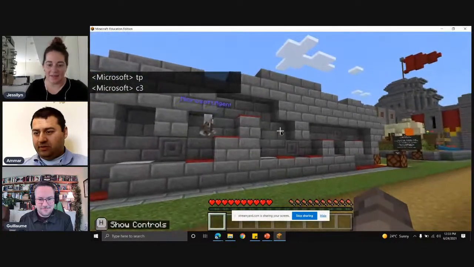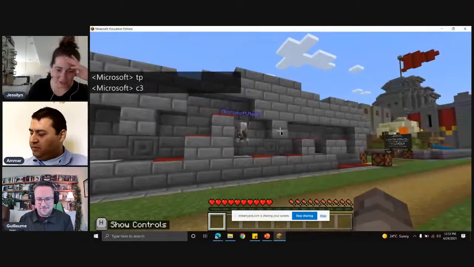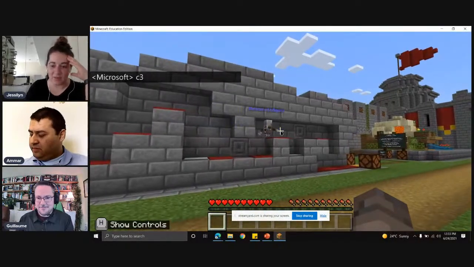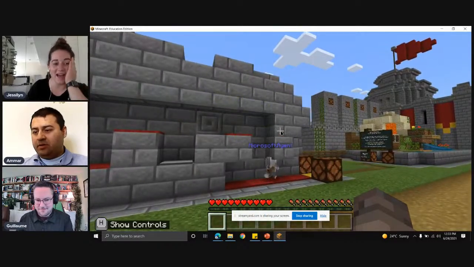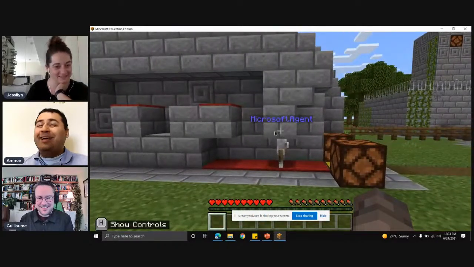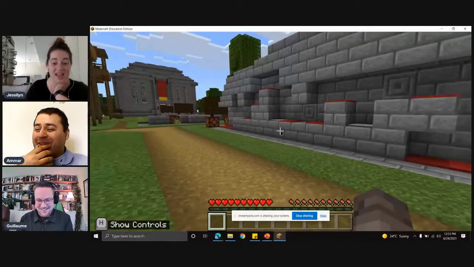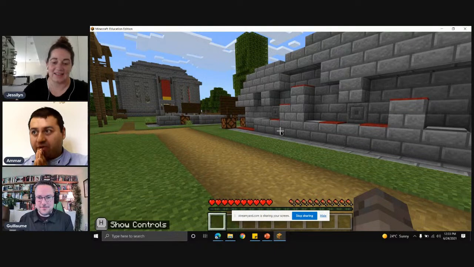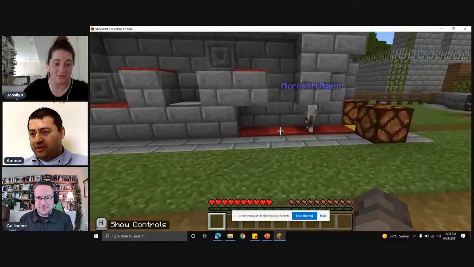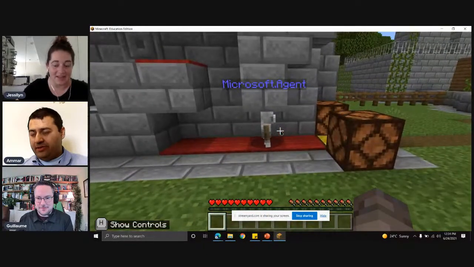So we have Grace, who is frustrated. They said the last drop on the maze is glitching. They've tried it 5 times to fix it. Help! Sorry, say that one more time. I only caught the help part. Oh, I said, Grace is asking, they said the last drop on the maze is glitching and they've tried it 5 times. They can't fix it.